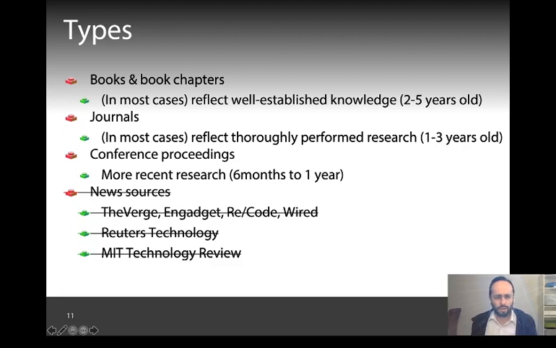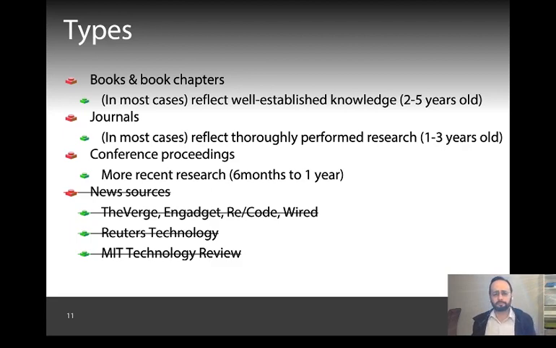academic literature is, and that is journals. So in most cases, journals reflect thoroughly performed research. So typically, researchers will work 1 to 3 years. For all, at least, the journal papers that I have published, typically, it was a 2-year effort in order to get that work published in a journal. So on the one hand, the journals that are published this year will obviously be new to the domain, to the topic, and they would reflect thoroughly performed research because also the peer review process takes quite some time in order to get the paper up to the standard that the well-established